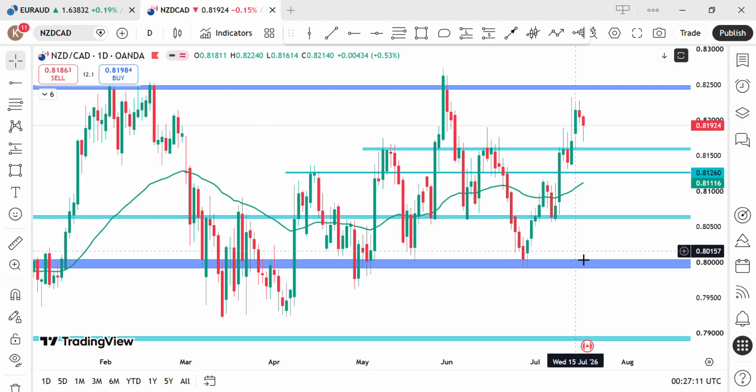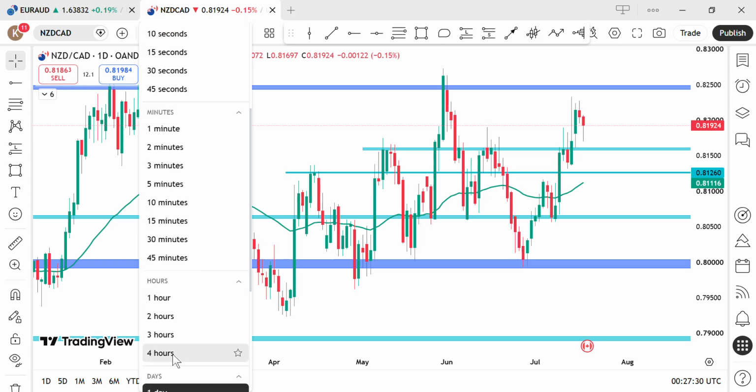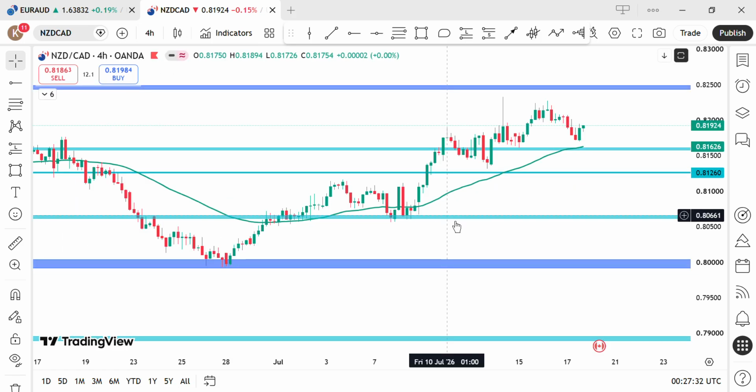There was a gap up, which also shows overbought situations, and there was also a long wick candle rejecting the support. All these are telling us that sellers are actually closing their short positions and opening new long positions at this level. So let's move to our 4-hour time frame. So now we have